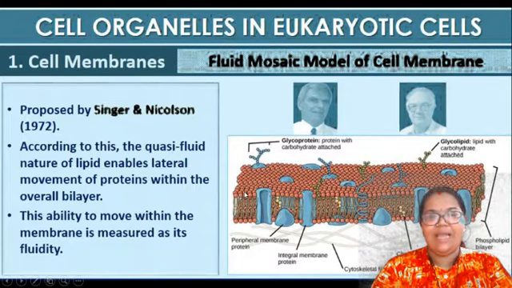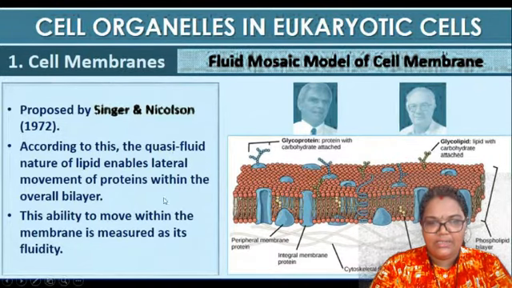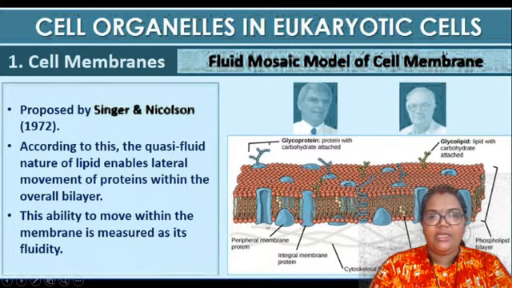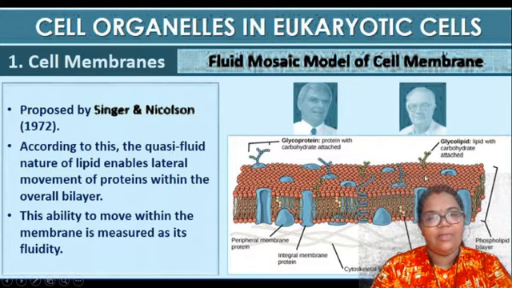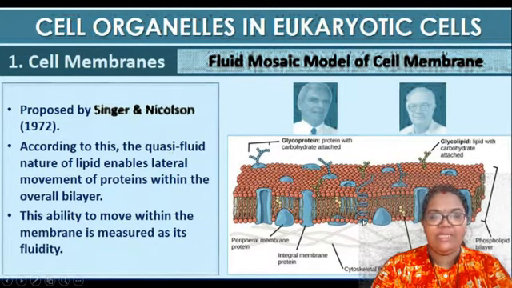Here there will be a trilaminar structure, that means three layers, or you can say the phospholipid bilayer. You can see that this is the phosphate, this is the lipid part, and this is the phospholipid bilayer. In between them you can see the proteins, right? So glycoprotein is the sugar molecule attached to the protein, and glycolipid is the carbohydrate attached to the lipid. And there will be a channel through the protein through which other substances can easily pass, and there are some carrier proteins also, which we will see in the next slide.